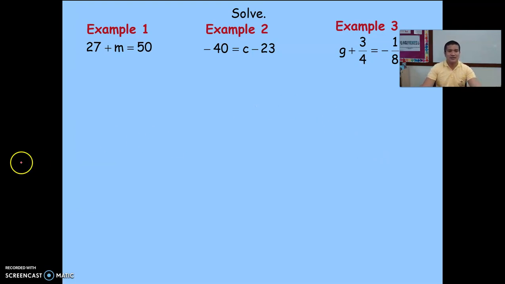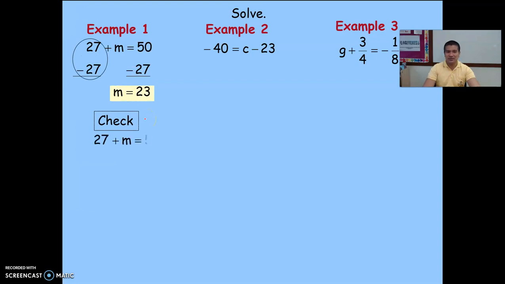Number one, here we have 27 plus m equals 50. So here we have positive, the inverse is negative, so therefore we're going to add negative 27 and then minus 27. So your answer now will give you 23. To check the same solution, we have 27 plus m, where m is 23, so therefore we get